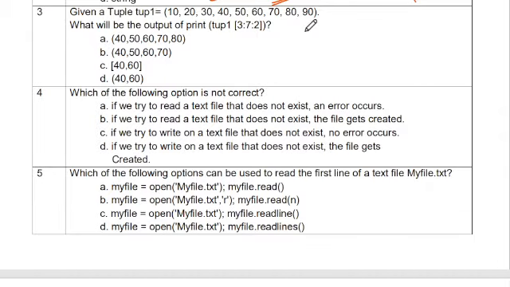They have given a tuple: 10, 20, 30, 40, 50, 60. These are all the elements present in tuple 1. What will be the output of print if it starts from 3, ends at 7, and every time increases by 2?